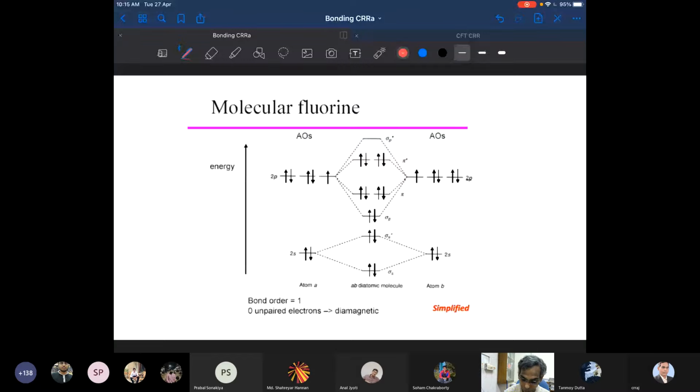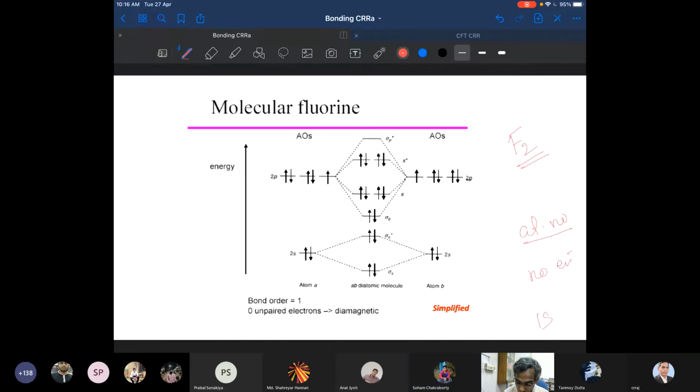Right. Okay. Now you go here. I have fluorine, F2. Now you have F2. In the same way, what do you need to know? You need to know the atomic number, then the number of electrons, and then fill it from the 1s. Though you are not showing the 1s MO here, it's filled from here. At the end of the day, you can calculate your bond order and predict whether this molecule or system is paramagnetic or diamagnetic. Quite straightforward, right? I hope you follow that. Am I right? Yes, sir. Quite straightforward.